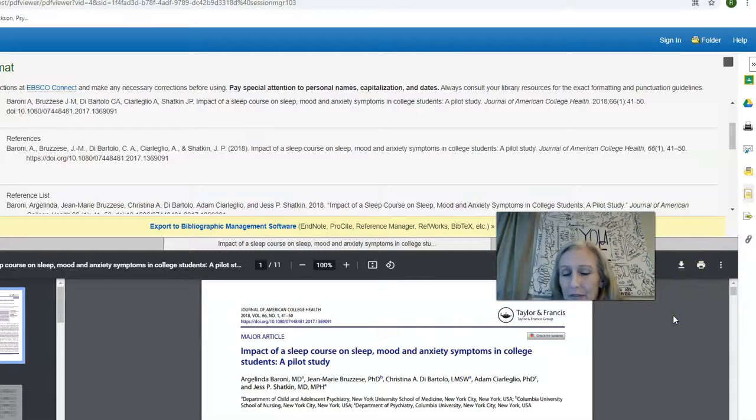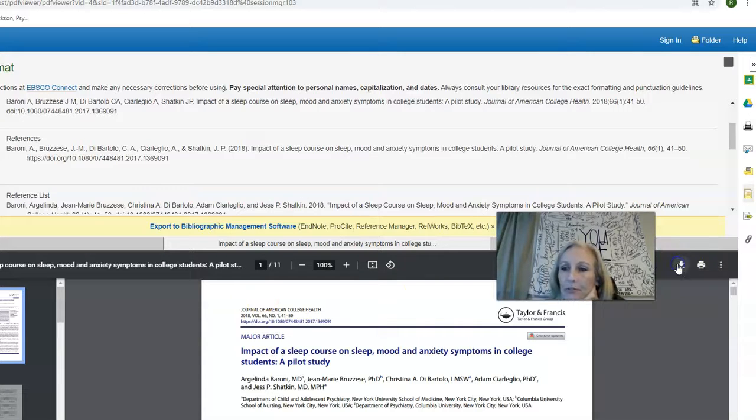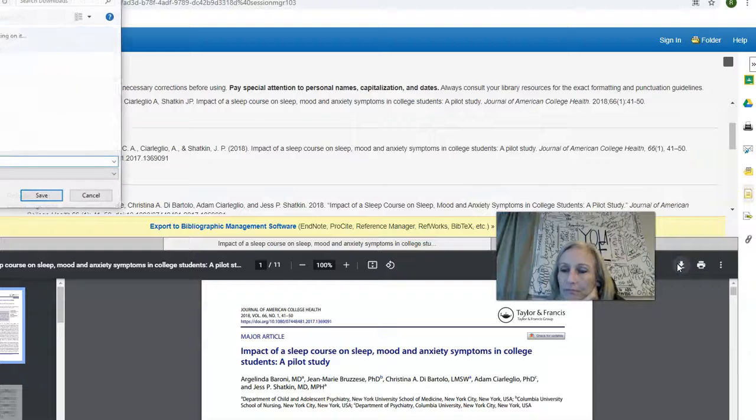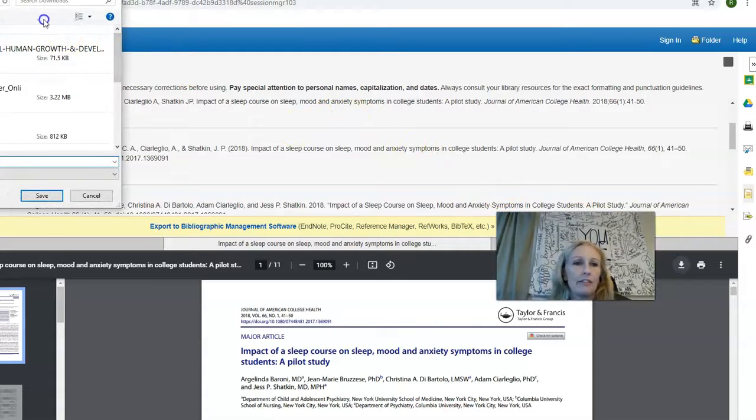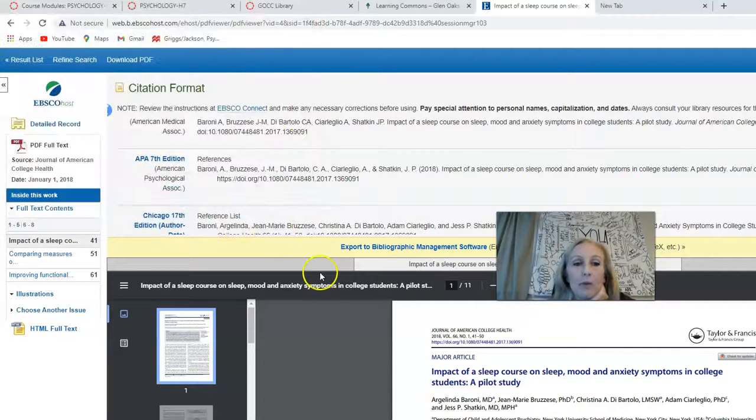I print everything off anyway, so you might want to do this while you're in the library, or make sure you're downloading it and saving it all in a file of your own. It gives you a chance right here to download it. Every time I push the button, it does a double whammy. There we go. This is all the stuff I have saved recently. I would just name it and save it. So that's a couple of ways to do some research.